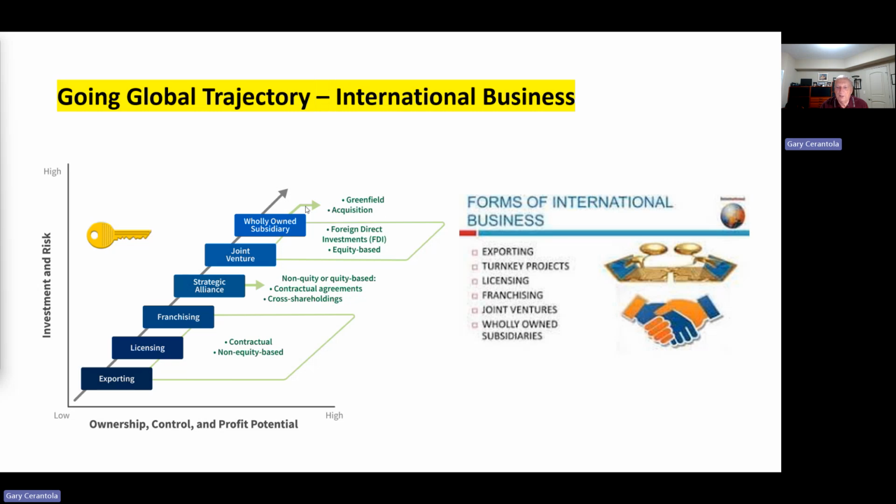Now, between wholly owned subsidiary and joint venture, you're putting money into this; you're equity based. This really ups the ante on the type of risk you're going to start assuming. A joint venture is where you may find a partner in Germany for that motor and create a joint venture, where you're supplying the technology and the engineering, and perhaps they're doing the manufacturing, right?